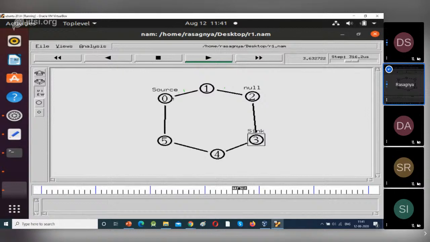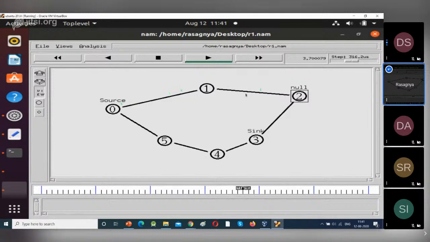See, green color data is flowing from 0 to 2. So small packets.